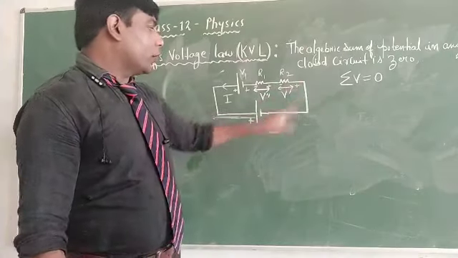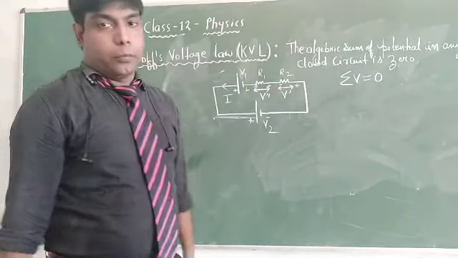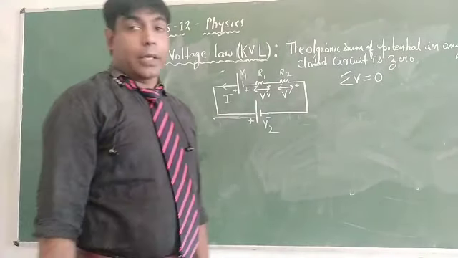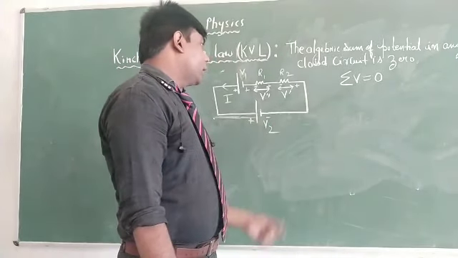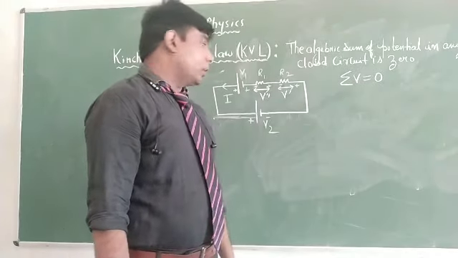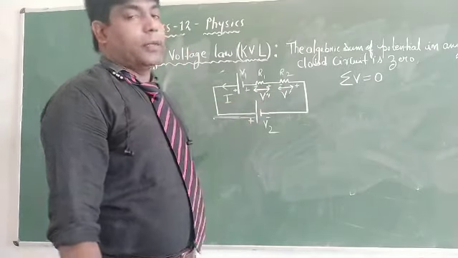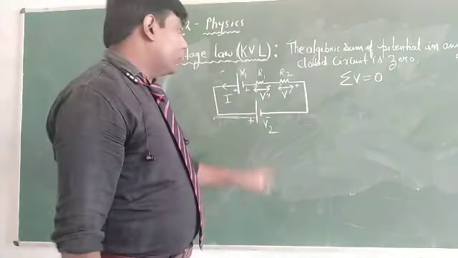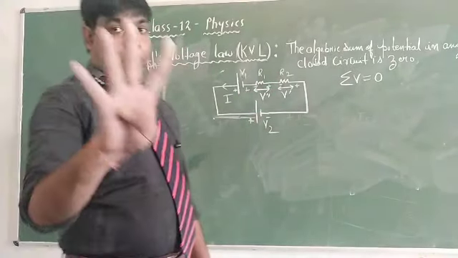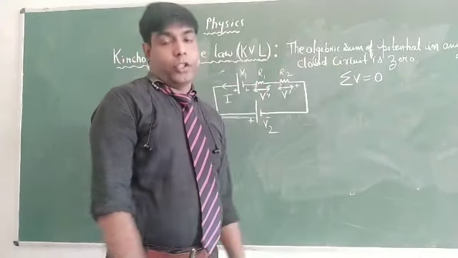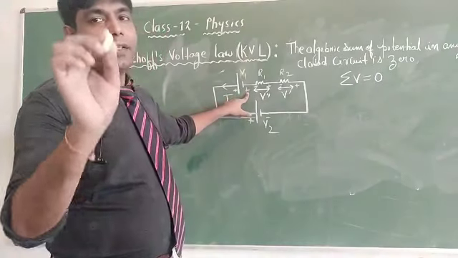So what does it say? Total potential. Now see, V1, V2, V dash and V double dash will be 0. But remember here, in this type of circuit, you must be concerned or you must be very active in placing the sign. Because see, for example, if I write V1 plus V2 plus V dash plus V double dash, then it can be wrong. Because we have to also keep in mind the polarity, right? Here we are getting 4 potentials. All this summation must be 0. Then how to write that is, how to assign the sign.